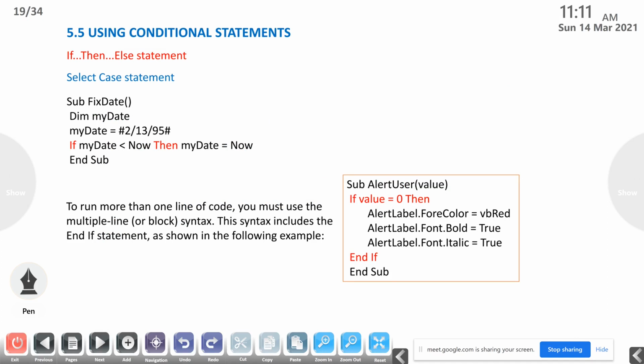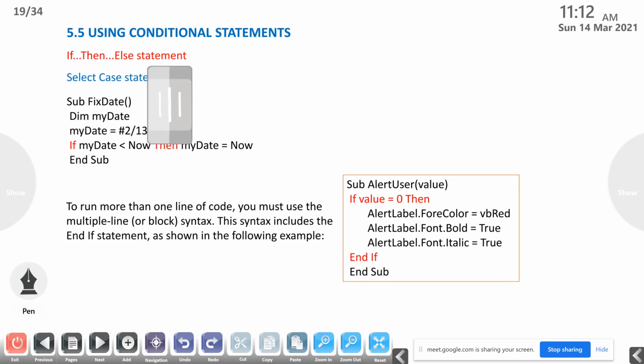In JavaScript we use if, then we use the braces. Here we are using the if then else statement. Then the select case statement. Example: Sub means sub procedure. Fixed date, opening and closing brackets, here there is no need for putting braces in between. Normally in JavaScript you use braces over here.